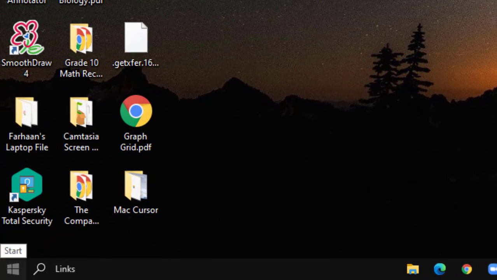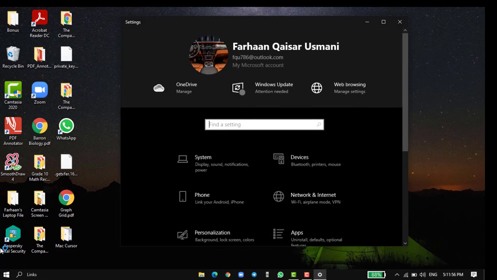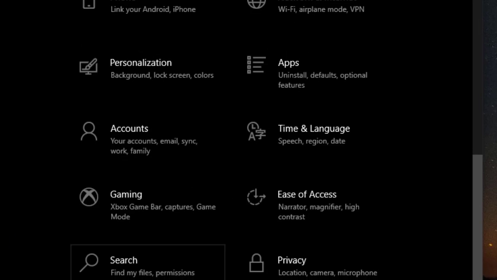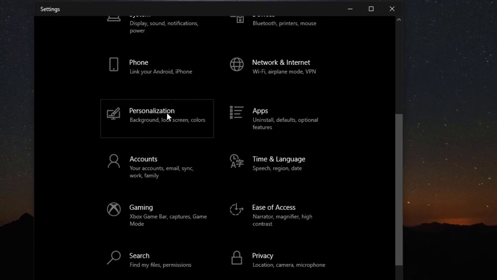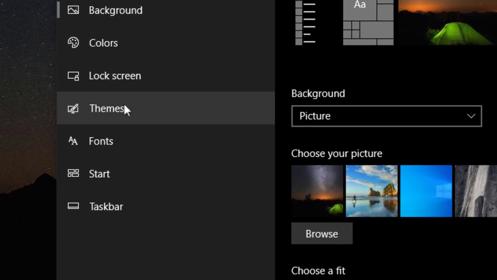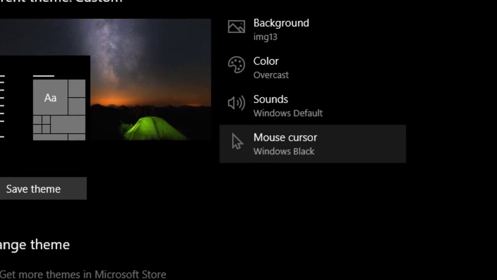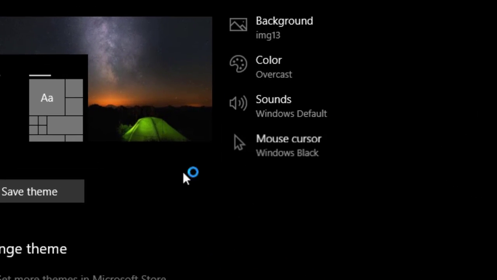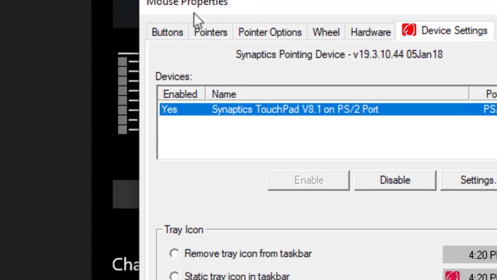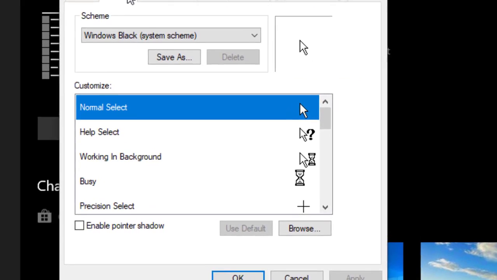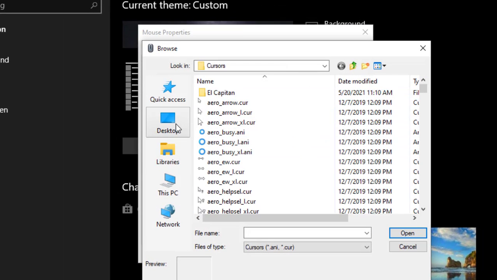First thing you gotta do is go to your settings, and once your settings opens, go search for personalization. Click on personalization and then go to themes. So you come here, then you click on mouse cursor. After that you come here, click on pointers, and go to browse and locate that